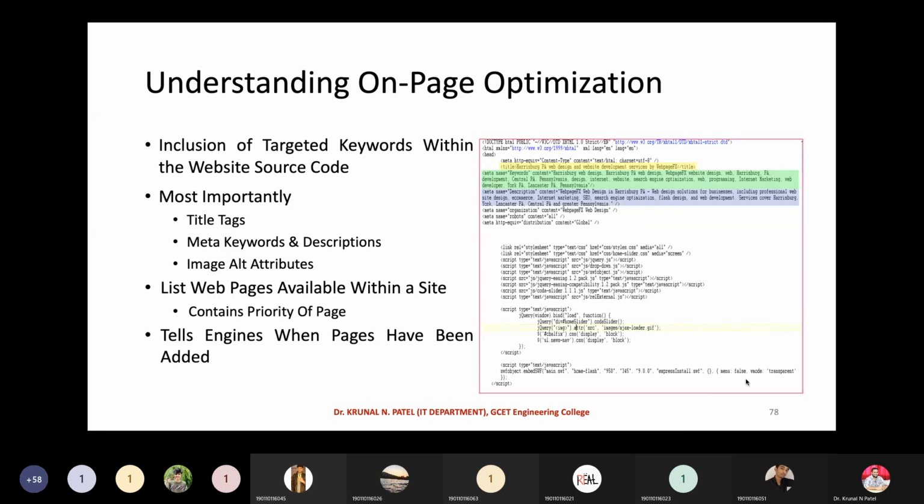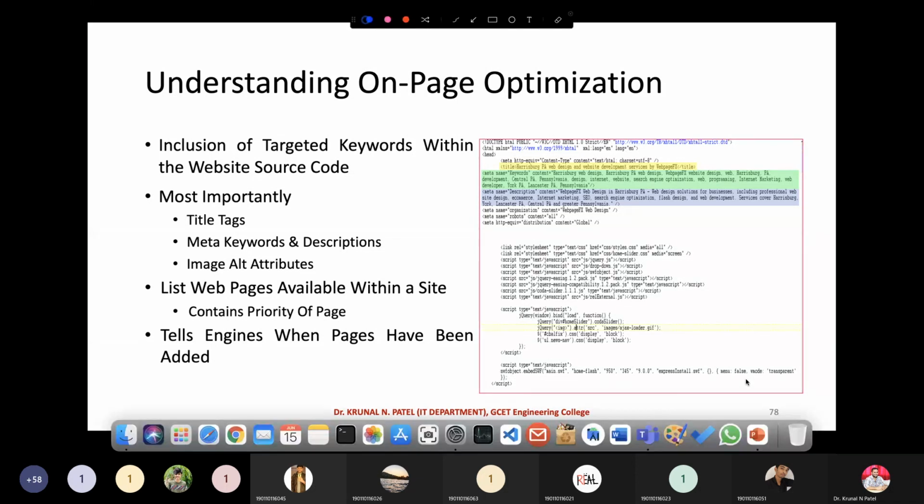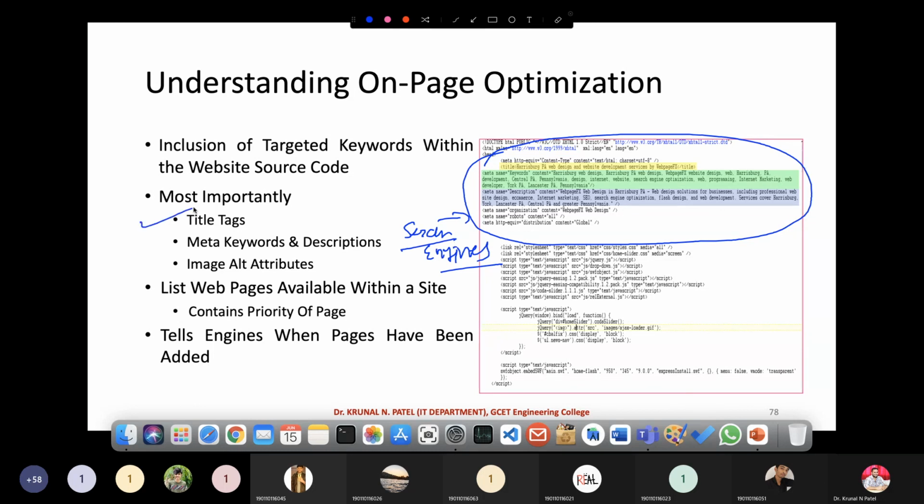Next is understanding on-page optimization. As I told you, as a web developer you have to put this content, and this content is used by the search engines. Based on that, it will rank the page. Most importantly, you have to put the title tag, meta keywords, and image alt attributes. If an image is not there, what is the alternative for that?